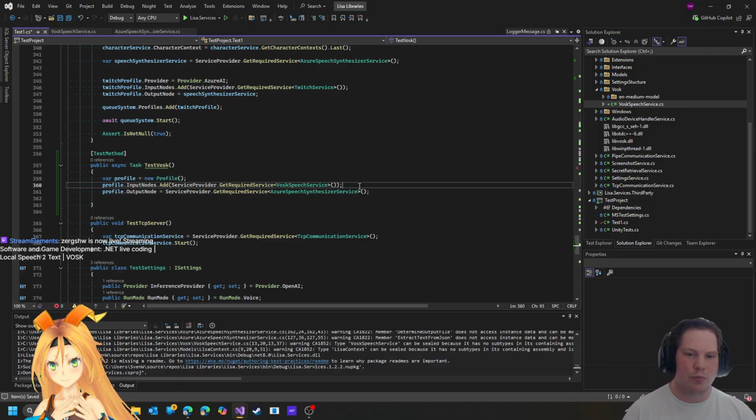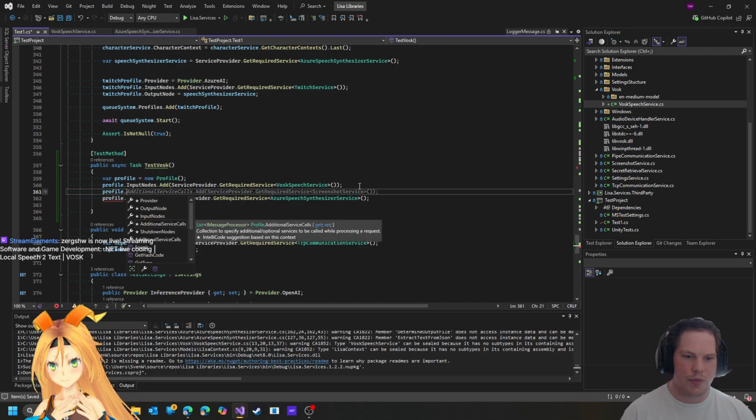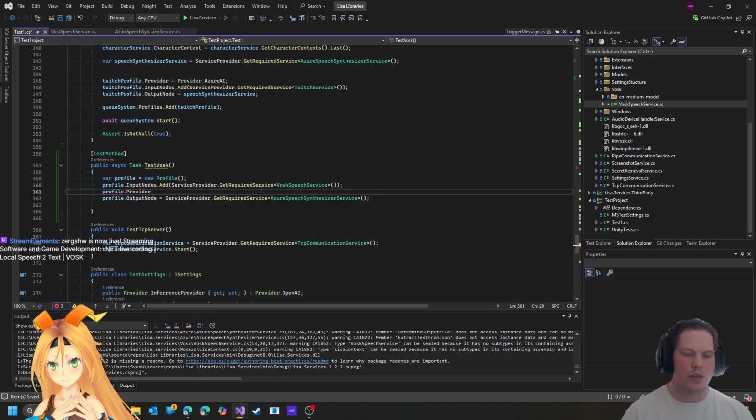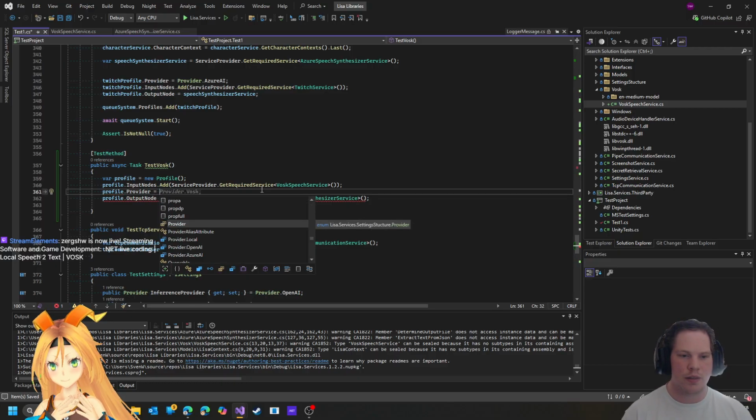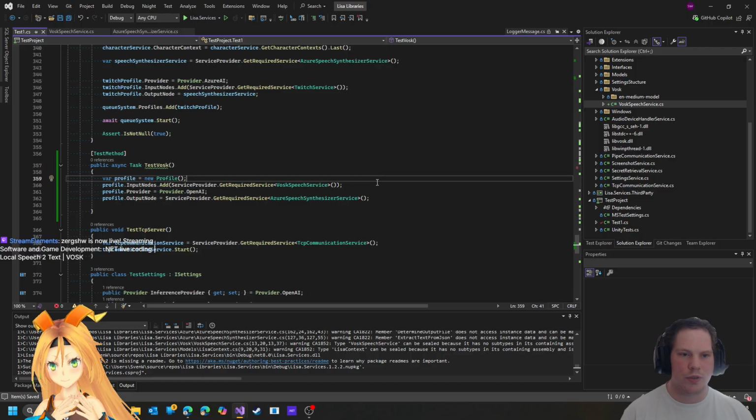We have no enrichment, I believe. No additional service calls. No shutdown nodes, no startup nodes. We do need to specify a provider. We're gonna say OpenAI. Oh, and just to be sure